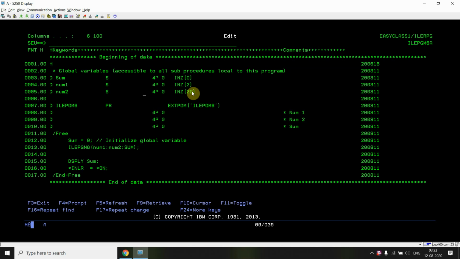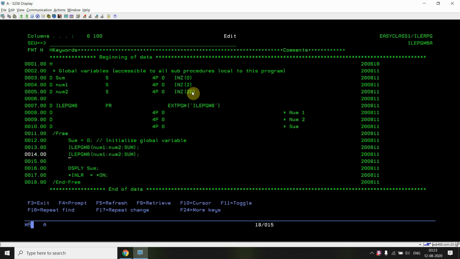For calling that program I need to define that procedure prototype, so I defined the procedure prototype and used EXTPGM. So actually I'm calling ILE PGM6, so whatever is defined inside the single quotes in the EXTPGM block, that program will be called. So I can give any name here. For example, I have given the name call procedure, so I'll be using call procedure here. So here I can also use it like this, call p. Since this is optional, both the lines would work the same way.